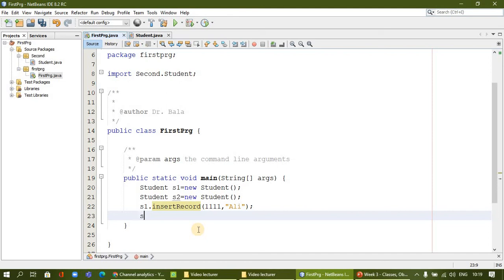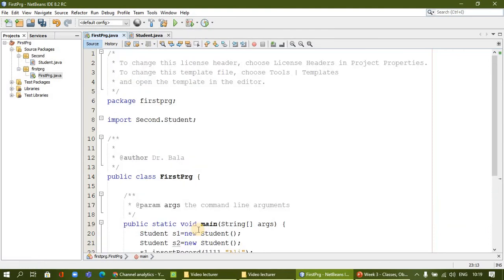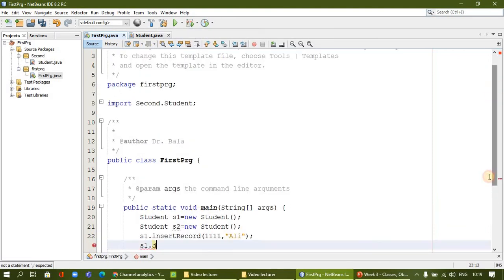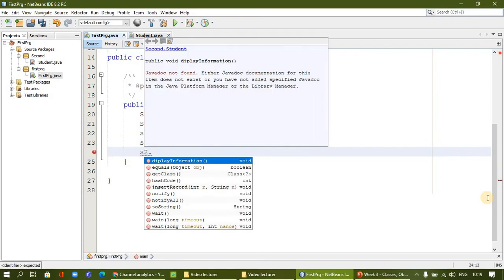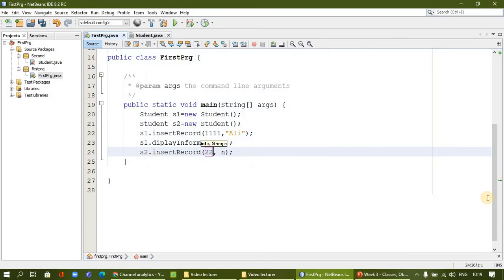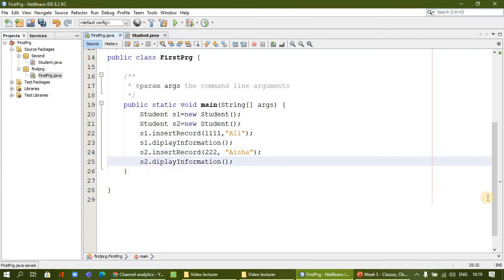I'm going to print the value, for example S1.display information. I'm going to display the information. The same way I'm going to do for the second, S2 insert record. For example, I say 222, maybe I say Aisha. Okay, this is another student variable value, and in the same way I'm going to display the second student value.